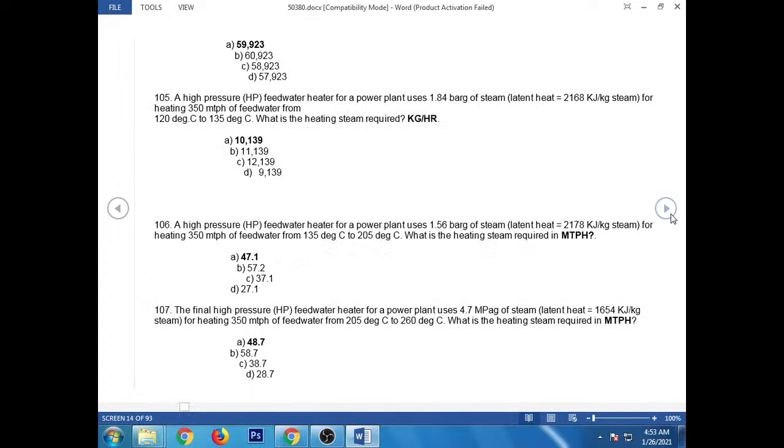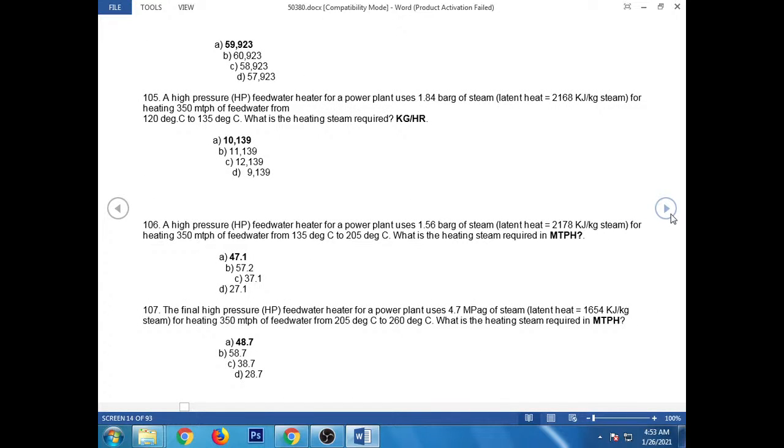Kilogram per hour. Answer: 59,923. A high-pressure feed water heater for a power plant uses 1.84 bars of steam. Latent heat is 2,168 kilojoule per kilogram steam for heating 350 mtph of feed water from 120 degrees Celsius to 135 degrees Celsius. What is the heating steam required? Answer